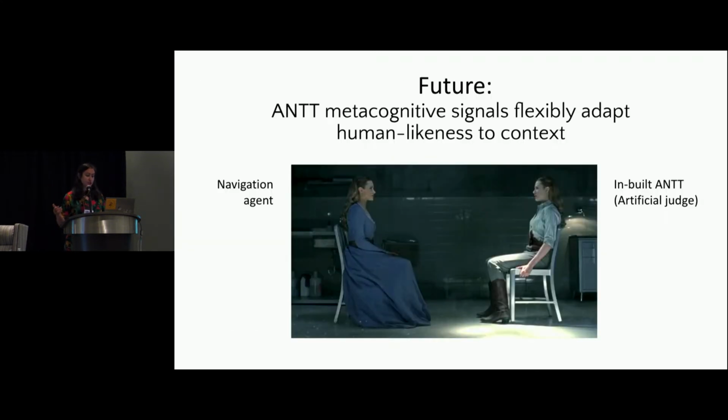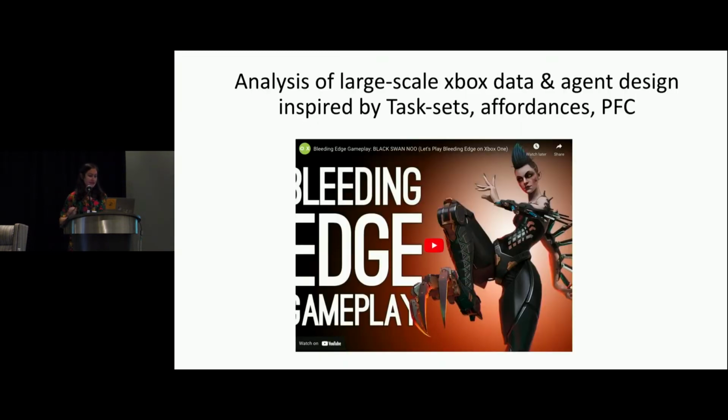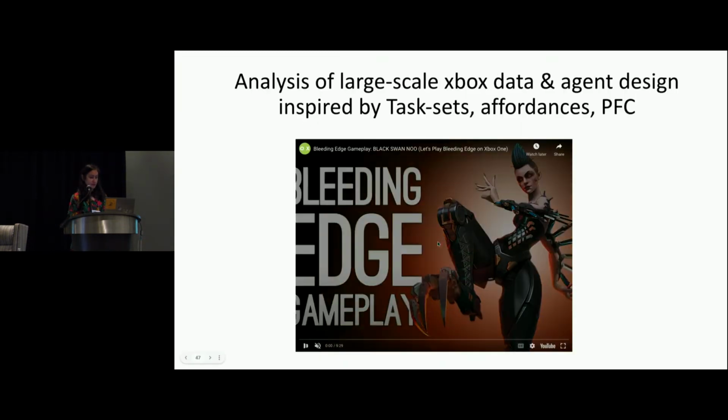So in the future, once we get this done, it would be interesting to have an inbuilt kind of artificial judge, the way many of us might have, especially after the pandemic, looking around to see what are the codes of conduct of social behavior. We've forgotten how to be at conferences. Likewise, maybe it would be helpful for some of these AIs to have an artificial judge inside of them that evaluates the human likeness of their behavior in games or environments where they interact with humans, and updates itself.